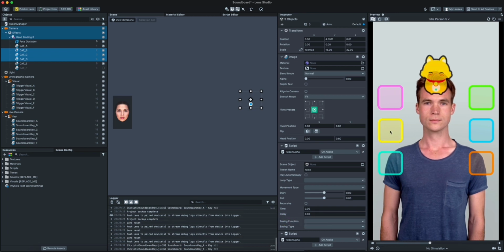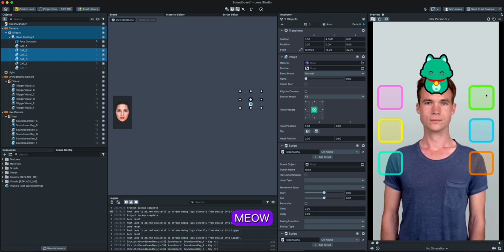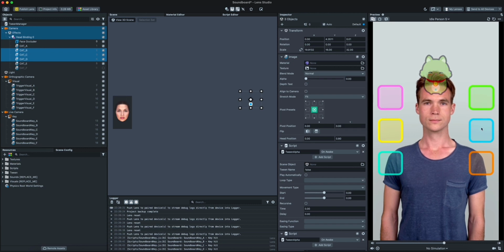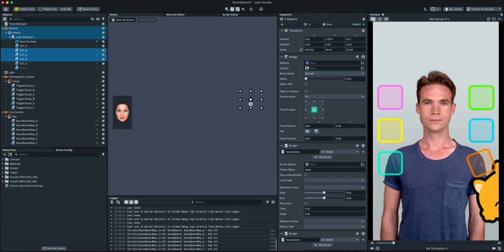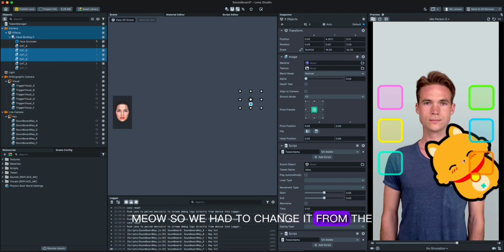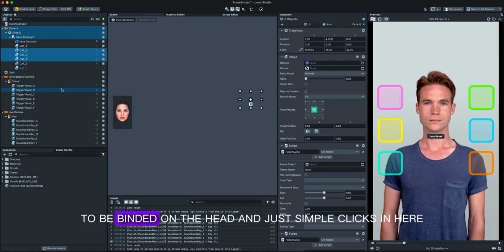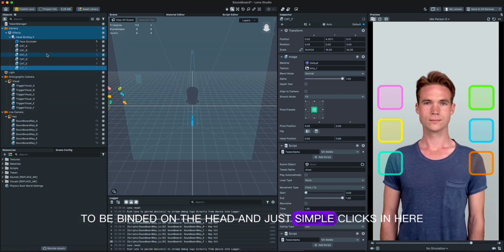Meow. First one. Meow. Second. Meow. Meow. Meow. So we had to change it from this one to be binded on the head and just simple